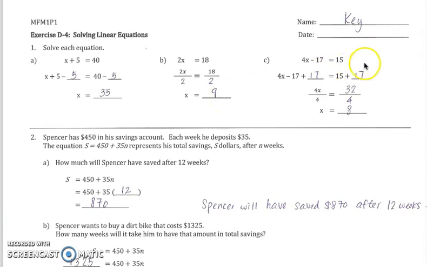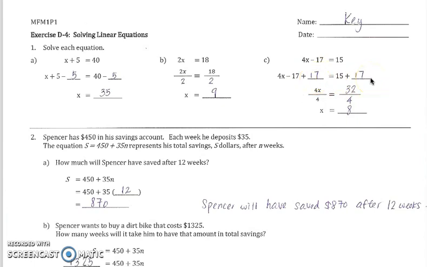C. The equation gets a little more complicated. I have 4x minus 17 equals 15. When we solve equations, we will keep the x term and try to get rid of anything that is not in that term, which is the minus 17 here. To get rid of minus 17, we do the opposite of minus, which is plus 17, to both sides of